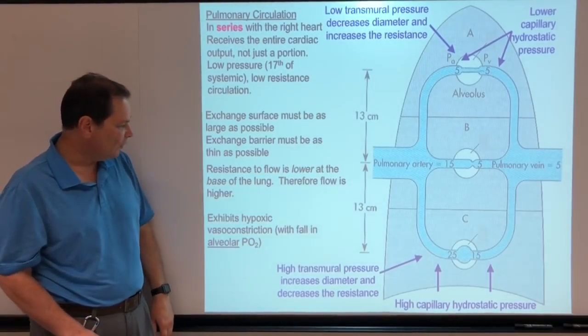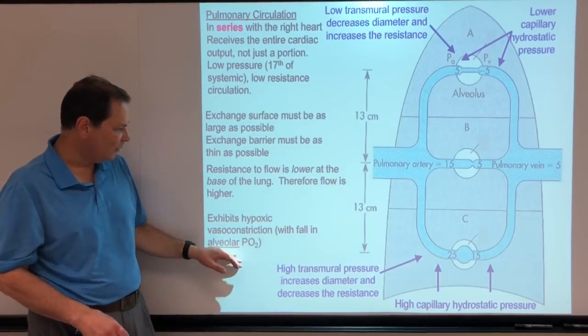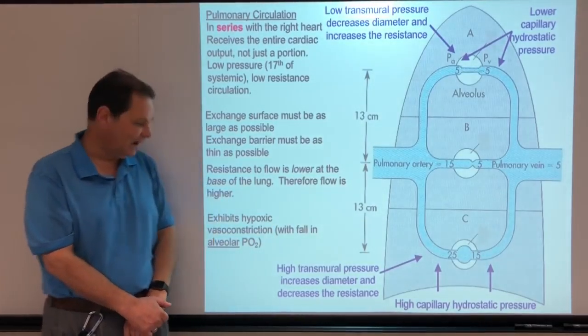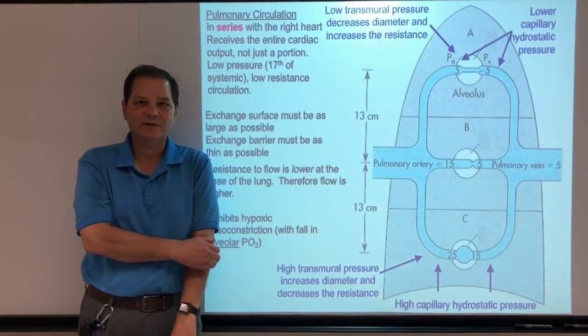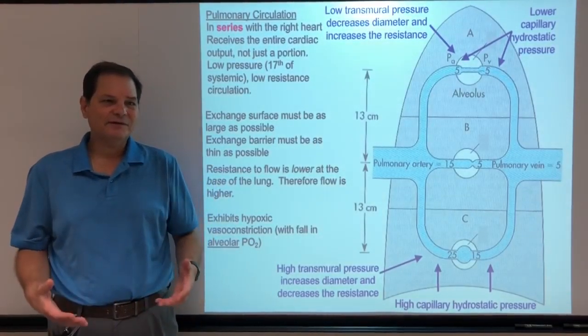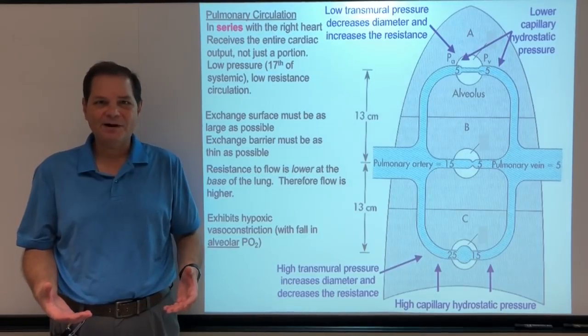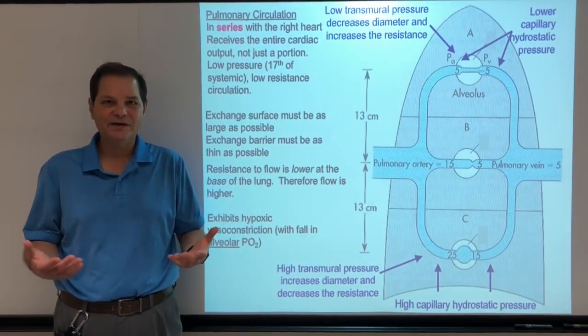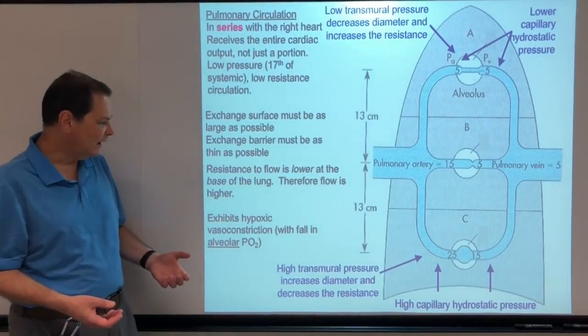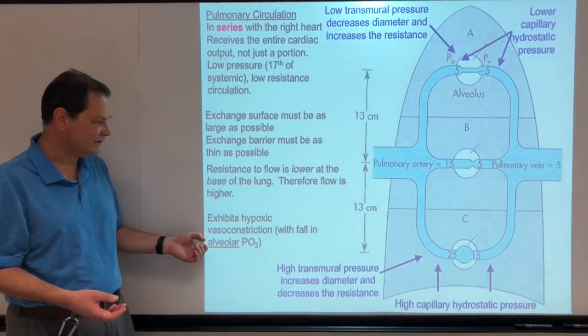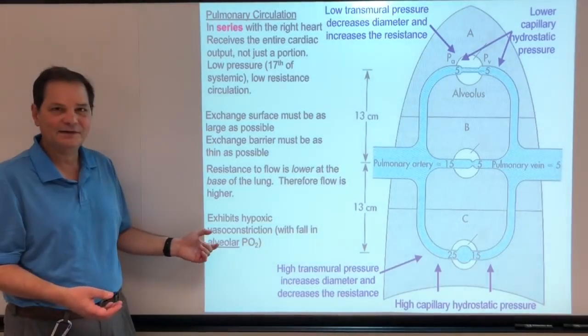You will also note that within the lungs we have hypoxic vasoconstriction. This is different from the systemic circulation where, for instance, in my skeletal muscle, if I go hypoxic and CO2 accumulates and lactic acid accumulates, I get vasodilation. In your lungs, you actually get vasoconstriction with the fall in